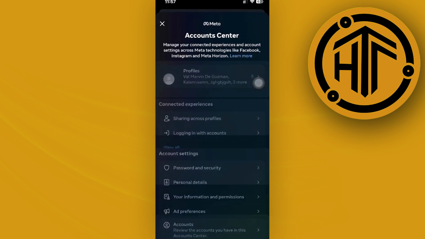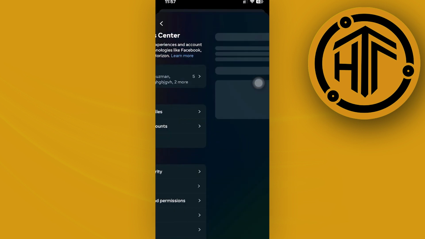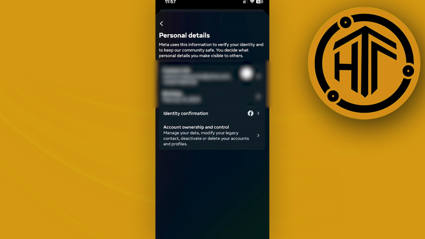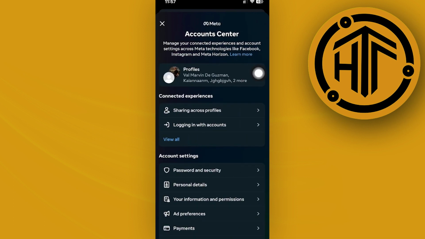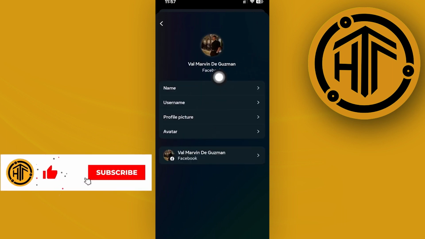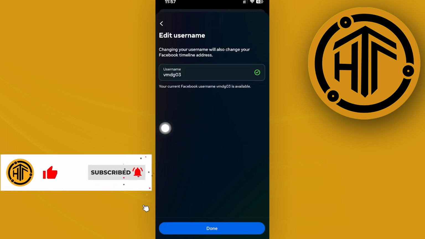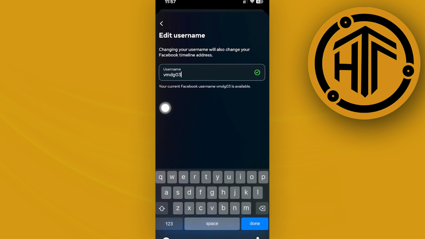your profile, tapping on your settings, and then going over to your account center. Now going over to your personal details should show you some options with your contact info and birth date, and tapping on your profiles over here should give you information of your profile and username. So just tap on username, and as you see, we actually have this option to change your Facebook username right